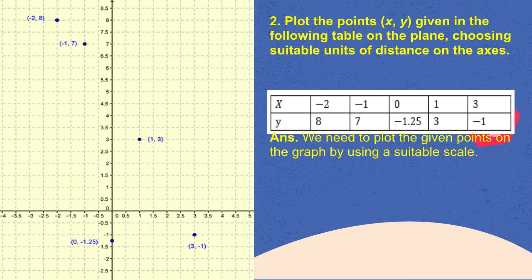Now the last question of this chapter and of this exercise, this part 2, it's the last of everything. What is it? 3, minus 1. So how will I locate 3, minus 1? I will plot the point 3 on the x-axis. So where is the point 3? It is over here on the x-axis. And I will look for minus 1 on the y-axis. Now the point of intersection of these two is the desired point, the required point. So this is my required point.